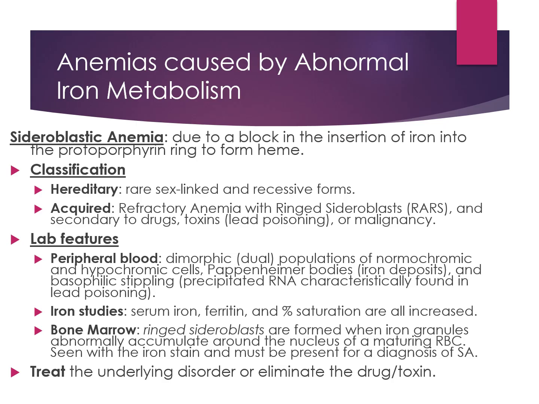These are formed when iron granules are abnormally accumulated around the nucleus of those maturing red blood cells. So remember, ferritin typically distributes that iron to those resident macrophages within the bone marrow, or those siderophages, and they then allow that iron to be implemented into developing red blood cells. And what we see instead